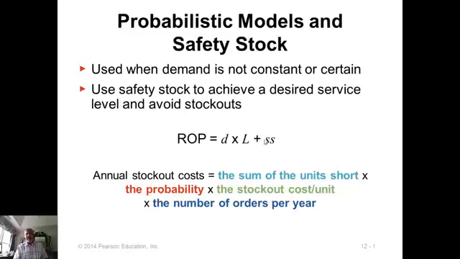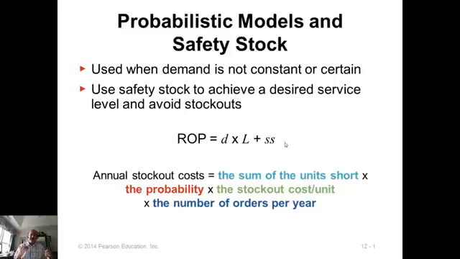To achieve that, we add the safety stock. So the question is, how big should the safety stock be? There are two factors that will determine it. One is the level of fluctuations. If the demand variance is large, it fluctuates a lot, then you will need a larger safety stock. If the standard deviation of demand is large, you need a larger safety stock to protect against those large fluctuations. The smaller the standard deviation, the smaller the required safety stock.